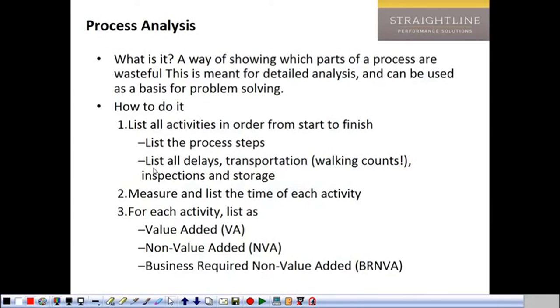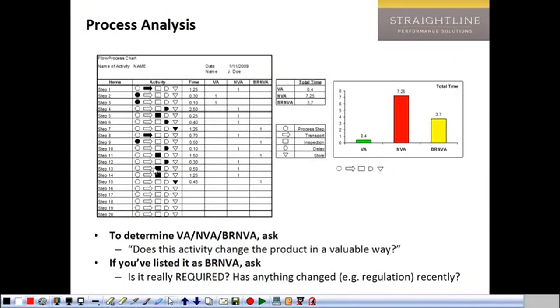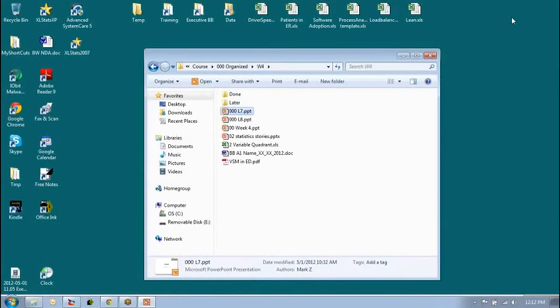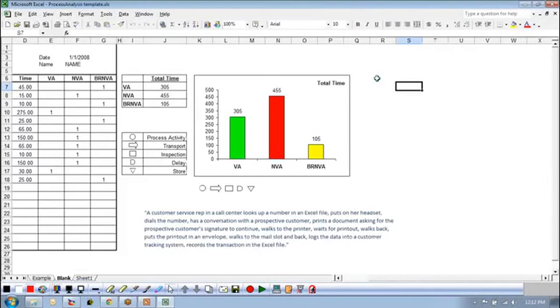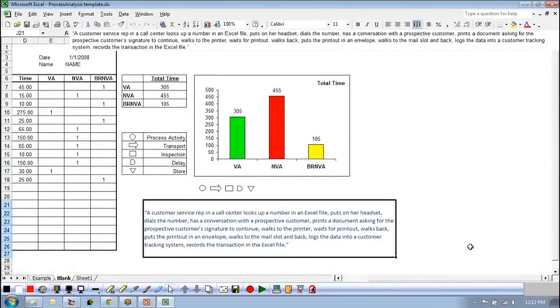Okay. I want to take you through one other thing that I have found very helpful, and that's called process analysis. And the picture of it is given right here. But I want to walk through a specific example because you actually have a template. So I'm going to show you what this template looks like. Here's the process analysis template that I've given to you. And there's a blank, and there's an example